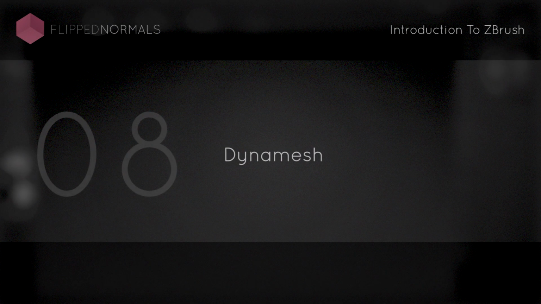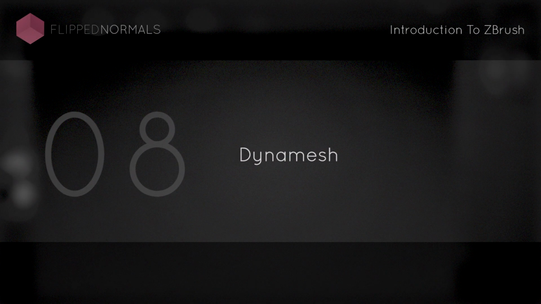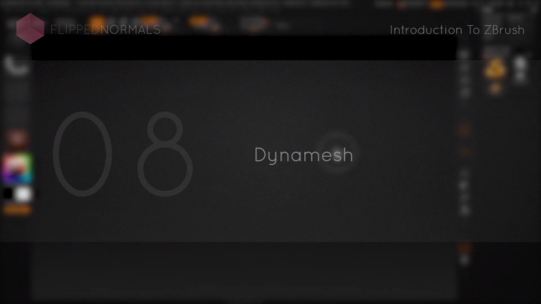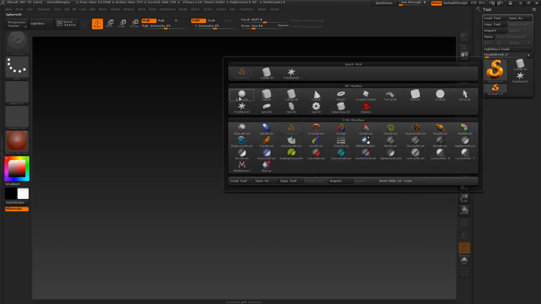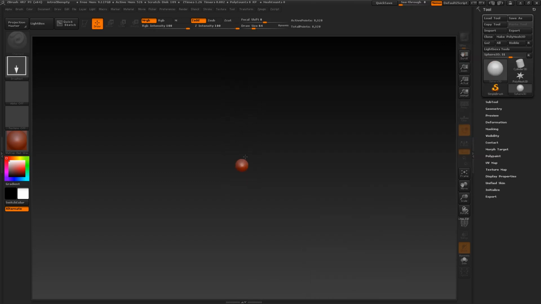One of the most powerful aspects of ZBrush is a feature called Dynamesh. It simply allows you to pretty much create exactly what you want. I'll show you what I mean. So if you create a sort of standard sphere, like we've been showing in the previous chapters, and you just